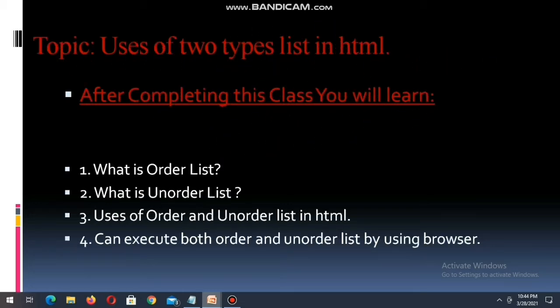Our today's topic is uses of two types of list in HTML. After completing this class, you will learn what an ordered list is, what an unordered list is, and the uses of ordered and unordered lists in HTML. You can execute both ordered and unordered lists by using a browser.